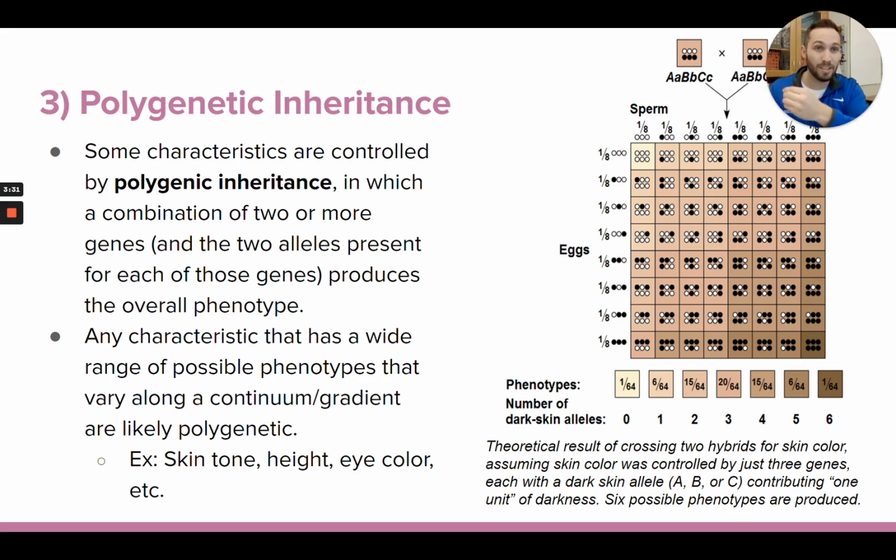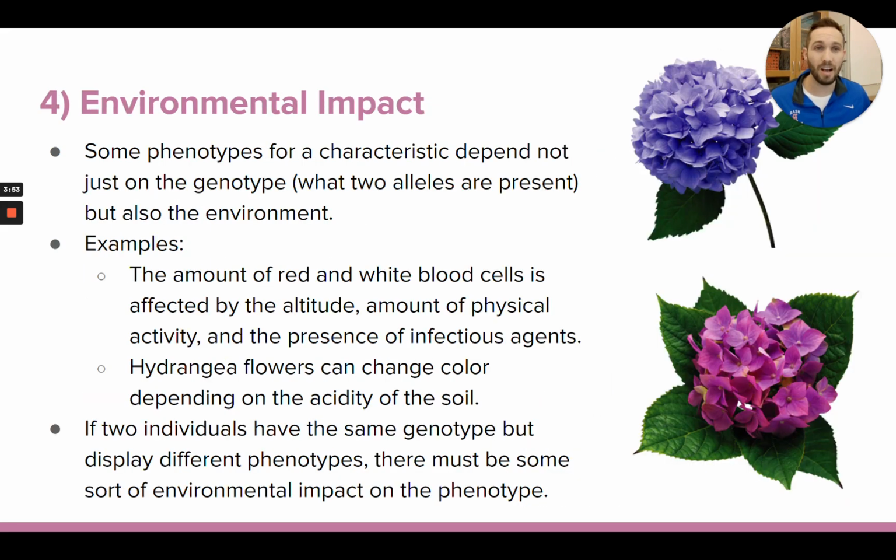Maybe you're homozygous for this gene and heterozygous for this other gene, and homozygous dominant for this other gene and heterozygous for this gene. And you have those two alleles and those two alleles and those two alleles and those two alleles. And altogether, that information is what's going to contribute to determining your height. That's polygenetic inheritance. Mendel did not observe that with his pea plants, but that happens a lot for certain traits. Another thing is the environment can oftentimes impact the phenotype of an organism.